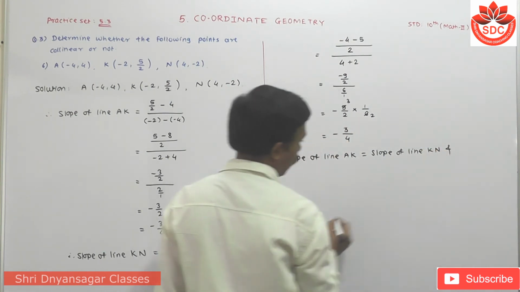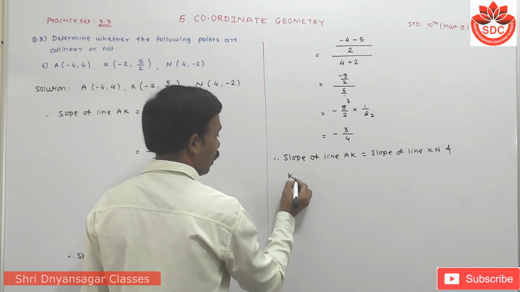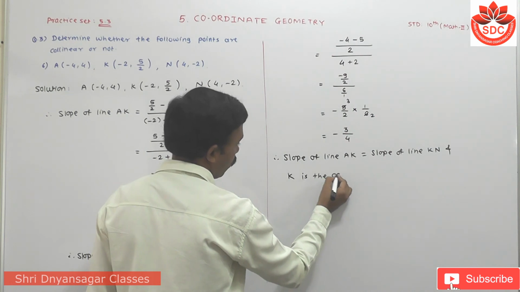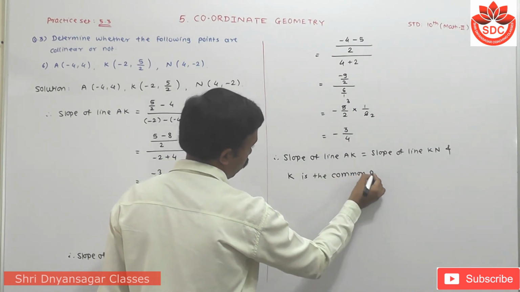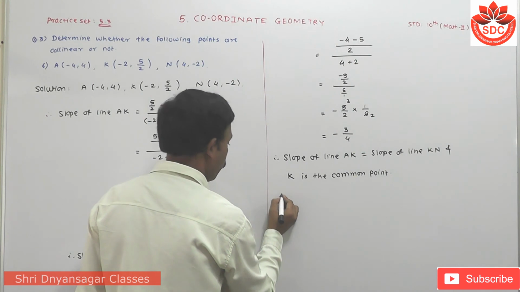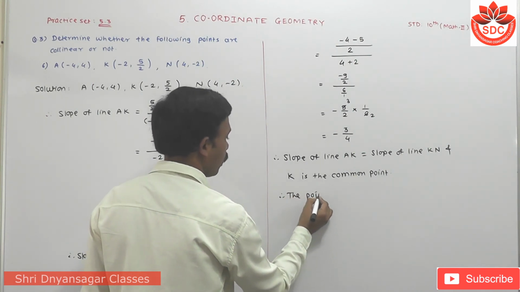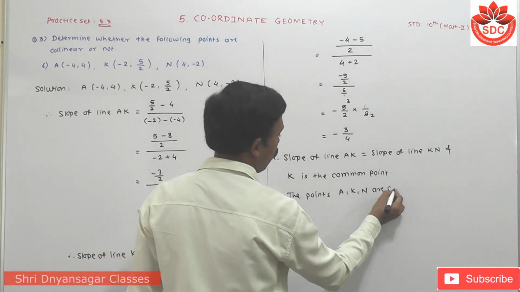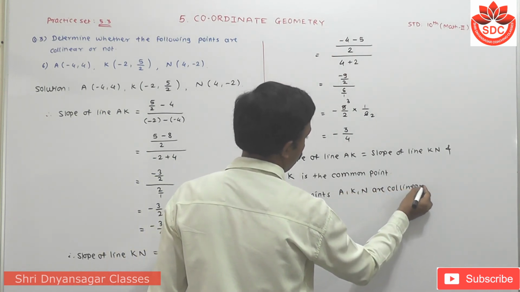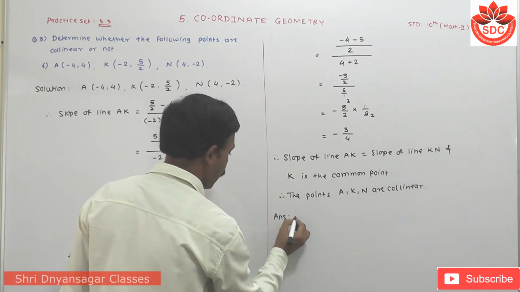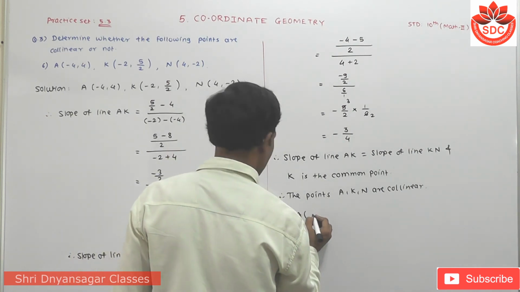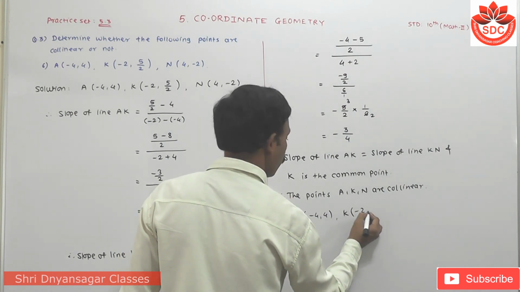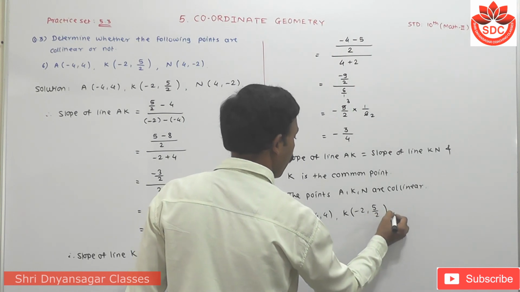and K is the common point. Therefore, the points A, K, N are collinear. Therefore, answer in full sentence. Answer: A having coordinate is -4, 4. K having coordinate is -2 and 5 upon 2. And N having